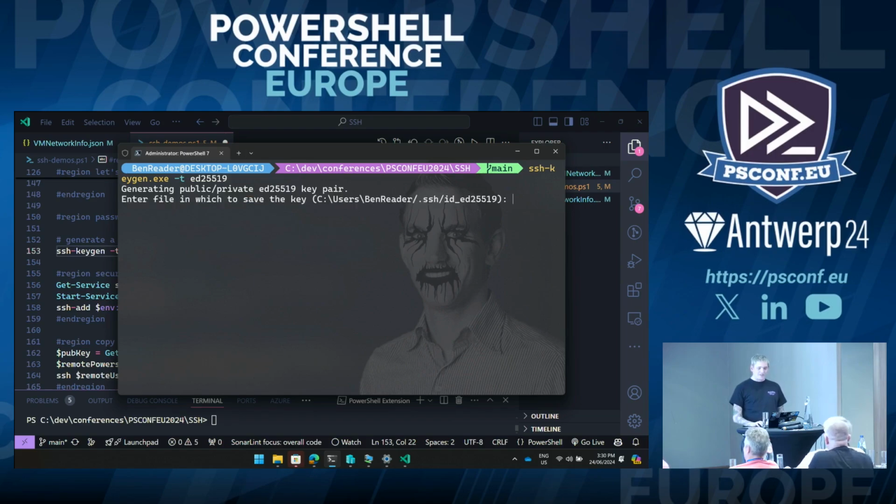What it's essentially saying here is, where do you want to save these key pairs? I'm just going to come up with a new one.